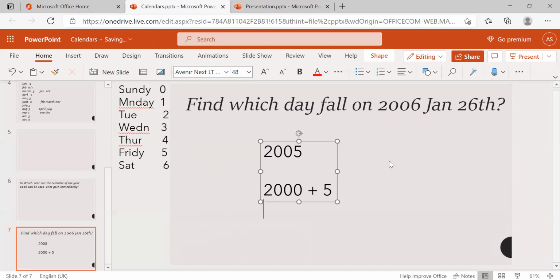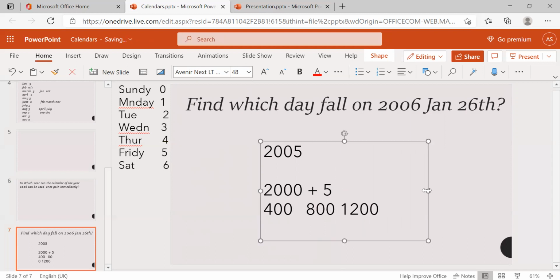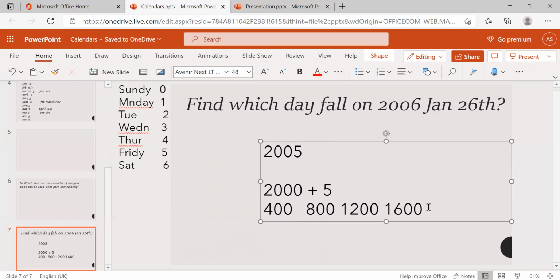The multiples of 400 are 400, 800, 1200, 1600 and 2000.